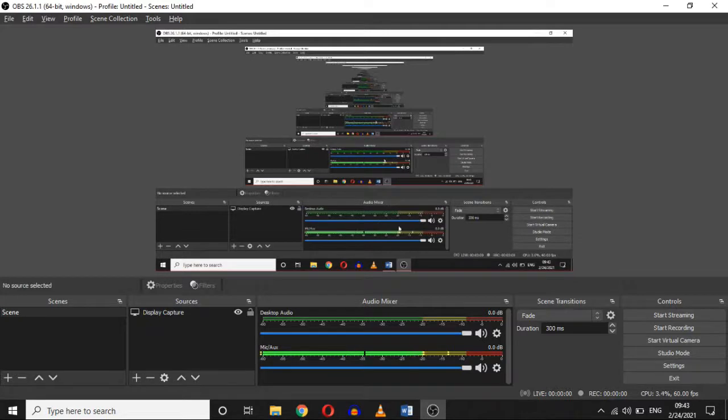In the audio mixer section, you can see the audio levels of every source of audio. The source desktop audio captures audio which is being played on your PC. You can also increase and decrease the audio levels, or you can completely mute it by dropping it to complete zero or by tapping on the sound button. You can also rename your audio sources by tapping on the gear option and clicking on rename.